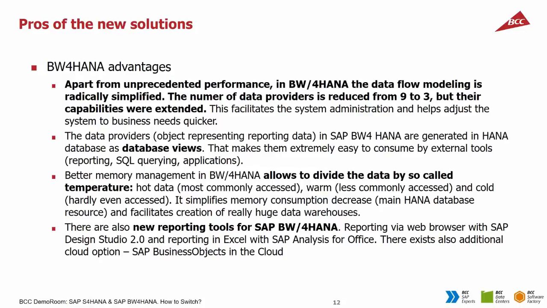It's simplified. The number of data providers, for example, the components that store data, is reduced from 9 to 3 in the version of data warehouse. So it's much easier to administrate the system and to change anything if the user needs something to be changed. What's more important, when you model something in BW for HANA